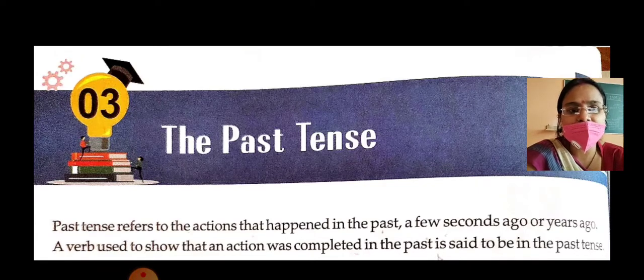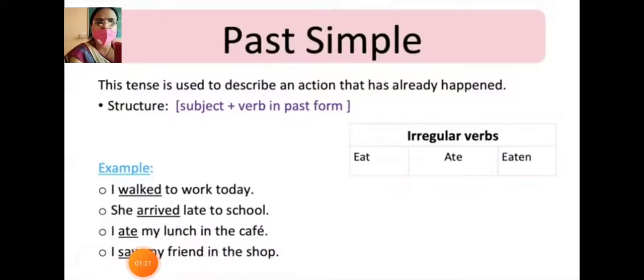Let us start our chapter with the types of past tense. Before we start, I request all of you to take a pen and paper or your copies and your pens so that you can note down the structures of your past tense sentences. Basically, we segregate past tense into four types. The first one is past simple. The same way we studied present simple, the very same way we will study past simple.